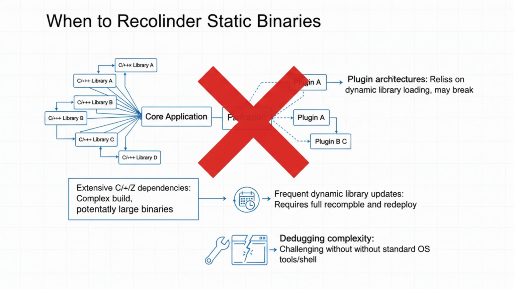Similarly, if your application relies heavily on plugin architectures that dynamically load shared libraries at runtime, static linking will likely break this functionality. Another scenario to reconsider is when you need frequent updates to shared system libraries for security patches or performance improvements. With static linking, you'd need to recompile and redeploy your entire application. Debugging complex issues without a shell or standard utilities can also be a significant hurdle, making it harder to diagnose